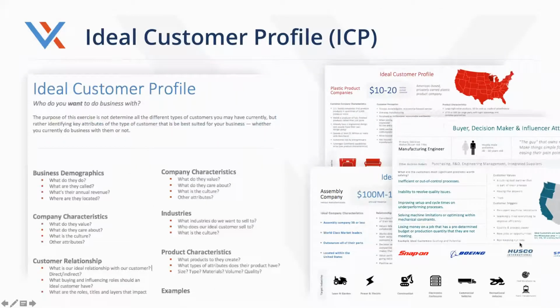So, ideal customer profile. I talked about the Pareto principle being one of the first things we do when we engage with a customer. I would put this one at number one. It's really, really important to understand who your ideal customers are. It feeds your business development efforts, so you can align your business development organization with the types of customers that you want to do business with and those that are good for your business.